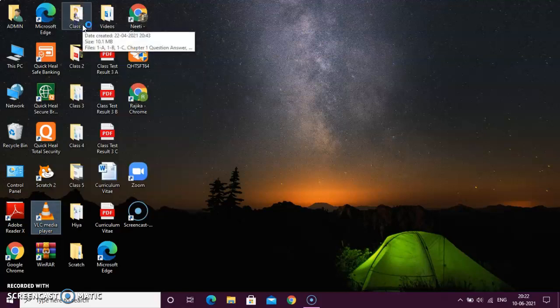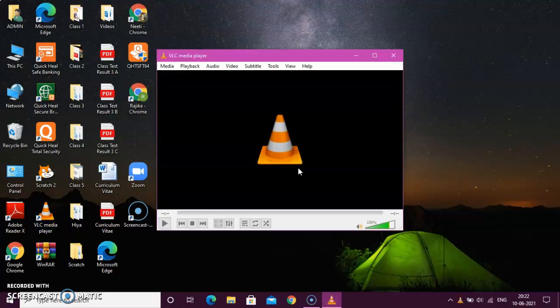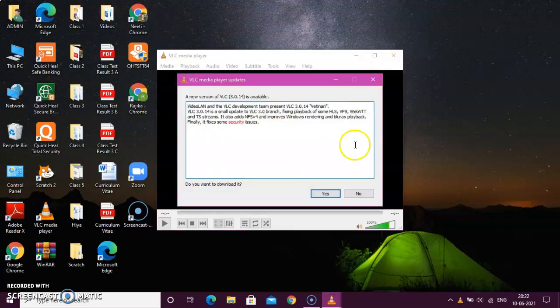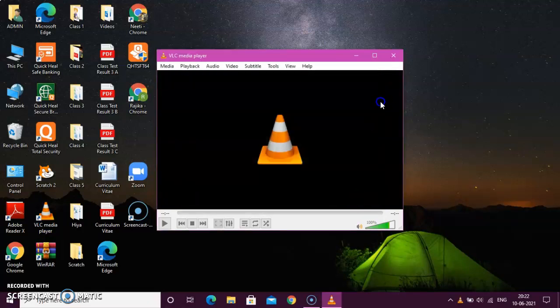When I click on open, what will happen? The VLC media player window will open on my computer screen. So this is how it looks.